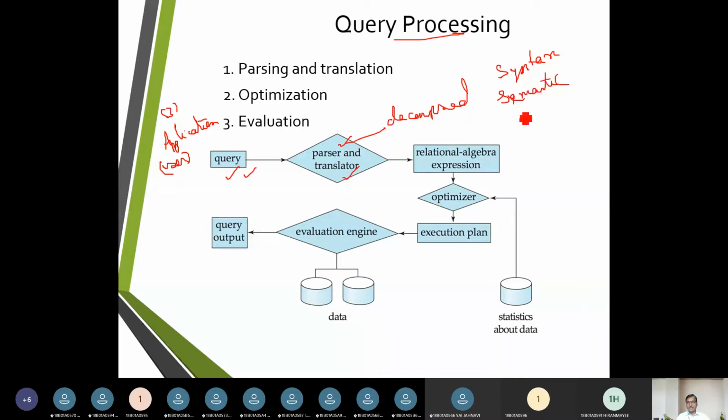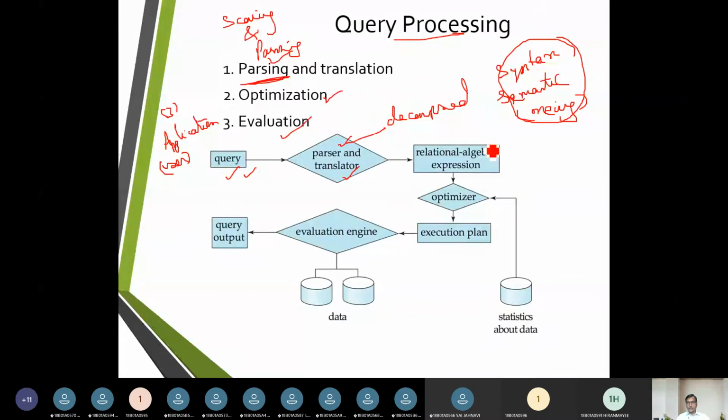So semantic is nothing but the meaning that it is going to take up. We are going to call it parsing here. It does some scanning and some parsing, working with syntax and semantic analysis, thereby a best query is going to be derived. We are going to call this optimization, and the query is going to make an evaluation over